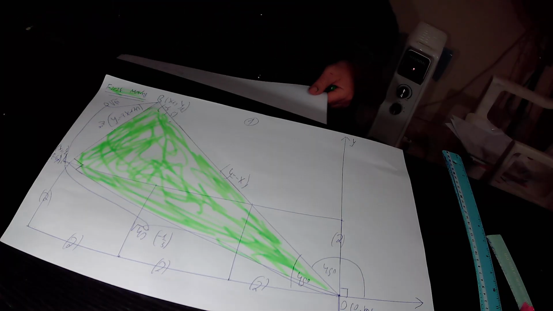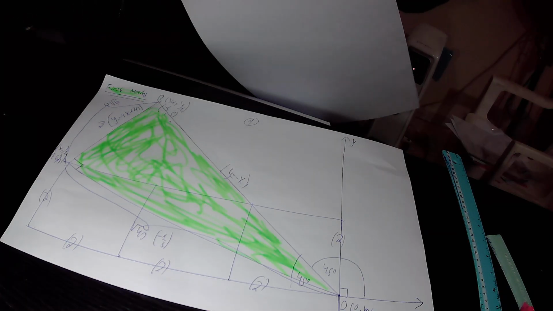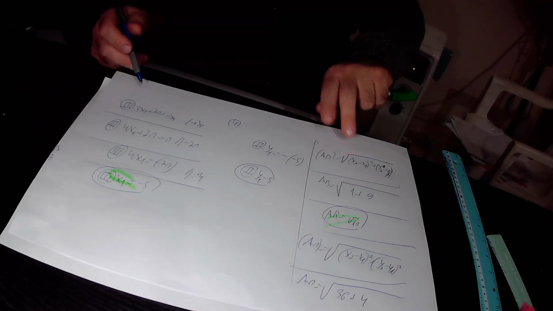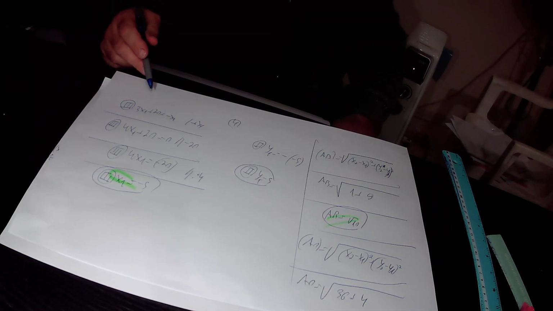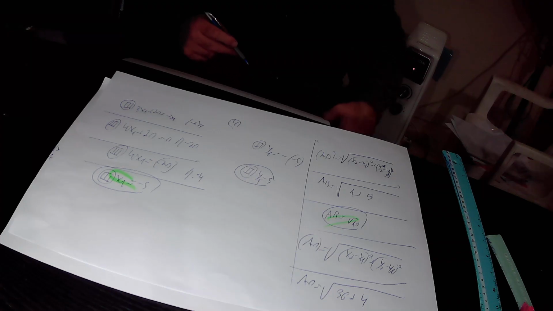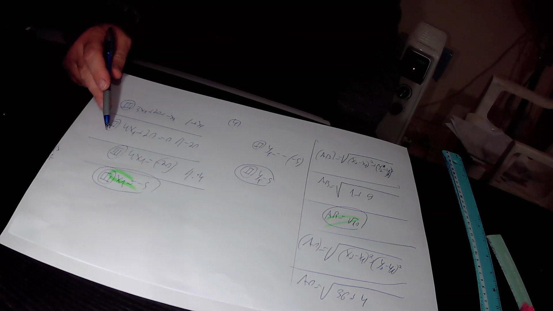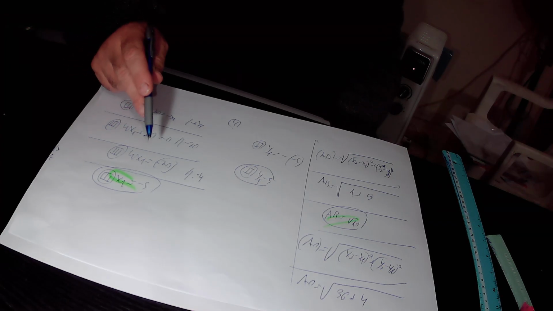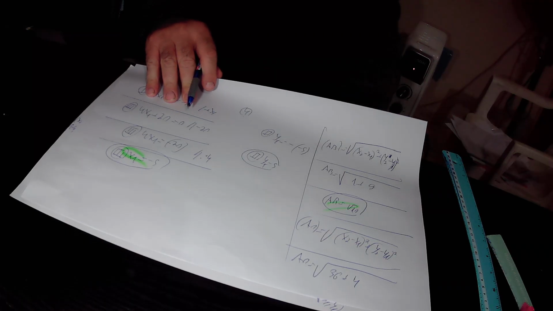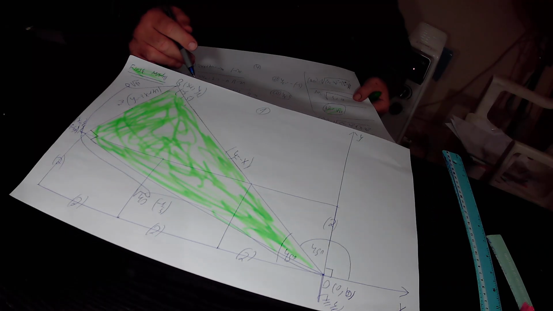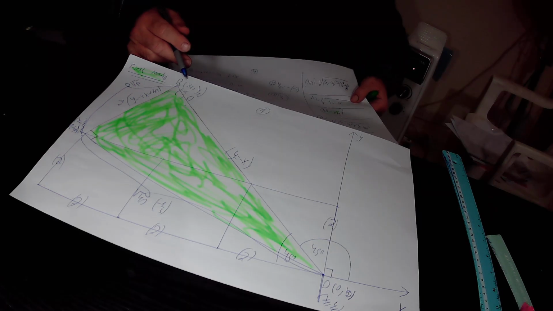And again, according to equation 3, we found out that 3x1 plus 20 equals minus x1, so 3x1 plus x1 is 4x1 plus 20 equals 0. Here we subtract 20 from this equation, and we found out that 4x1 equals minus 20. Here we divide this equation by 4, and we found out that x1 equals minus 20 over 4, which is minus 5. That is to say, we found out that the coordinate x of point B, x1, equals minus 5,